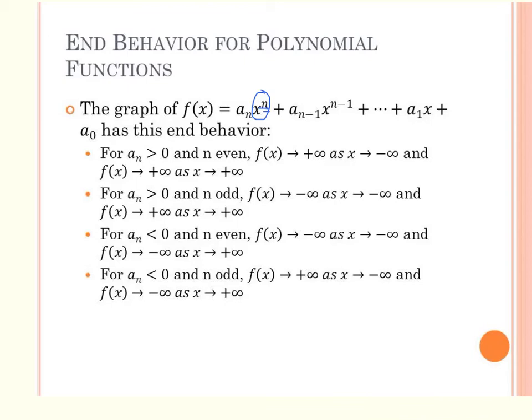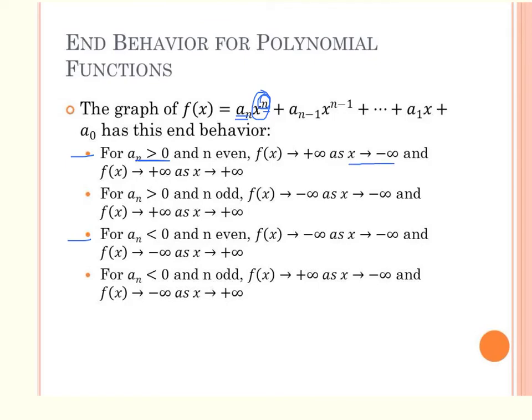And so if n is even, then it will turn any number positive, but if a is negative, then you're going to get a negative. So here we go. If n is even, which is the first one and the third one, because it turns any number positive, if I multiply by an a that's positive, here's an a that's positive, then what I'm going to get is